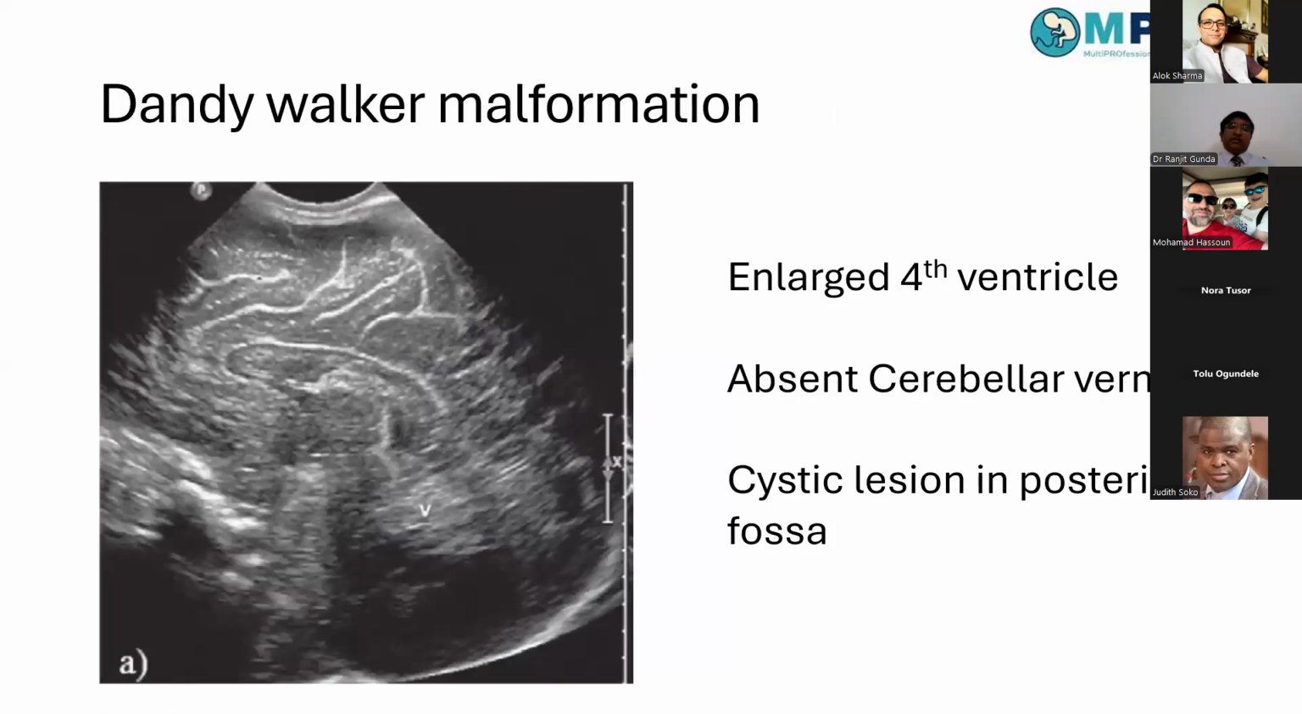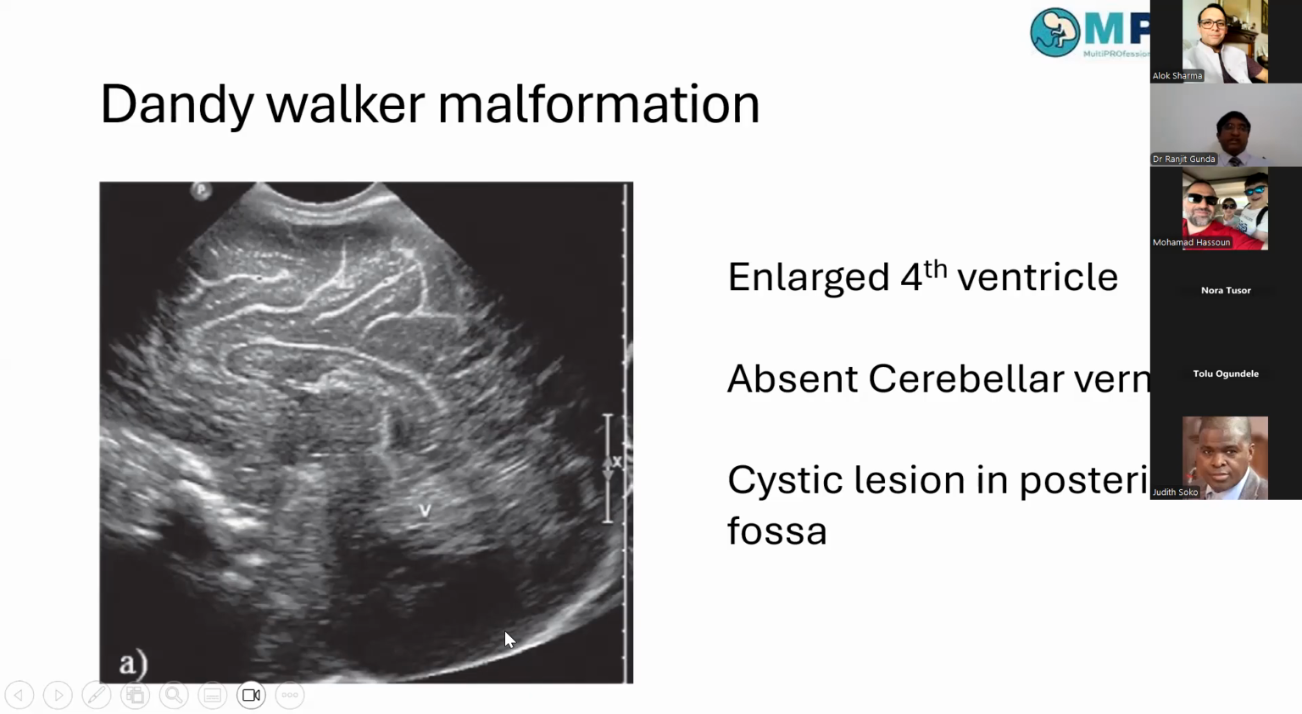So Dandy-Walker malformation is not easy to pick up on the ultrasound picture. We'll be looking for an enlarged fourth ventricle in the midline sagittal view. The cerebellar vermis is partially or fully absent. Here we can see a part of it. There is a big cystic lesion in the posterior fossa. So we have an enlarged fourth ventricle, partial or complete absence of the cerebellar vermis, and a cystic lesion in the